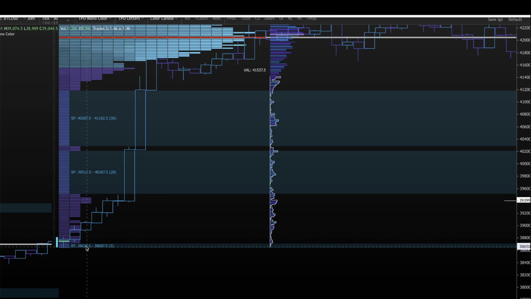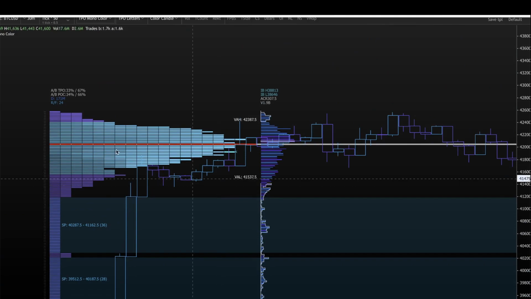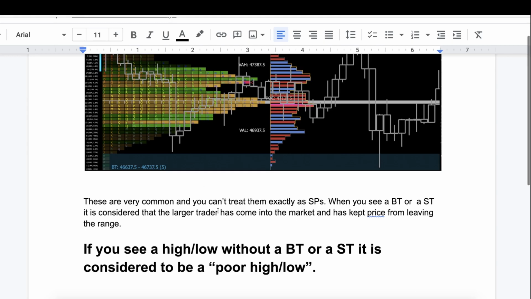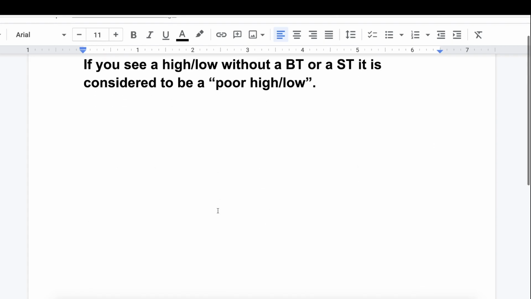Or at the same time, a poor low means there was not that big money down there to push the price back up. Okay? A lot of people are confused. Why is it called a poor high? Why is it called a poor low? A good way to remember it is because buying tails and selling tails are created when the big money steps in to keep the price in the range. If the big money is not there, then it will be a poor high because the big money was not there. And even if we come back into the range, we need to take note of these poor highs and poor lows. Okay, and the reason is because